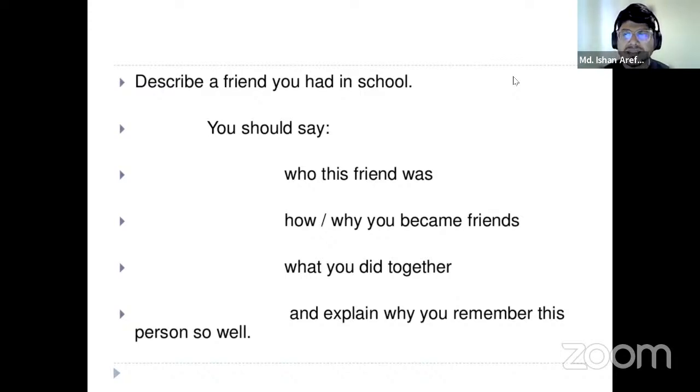So in that 1 minute, it is a good idea to write some keywords that you want to go through for that particular speech. Because you are getting 1 minute and you have already the questions and already the topic in your hand, maybe think about the answers in a jiffy, in a bit. Just think about the answers of all the questions you want to give. So then write the keywords of that answers. Maybe who this friend was, so write the keyword for that answer. Maybe the friend name is Nafis, just write it.